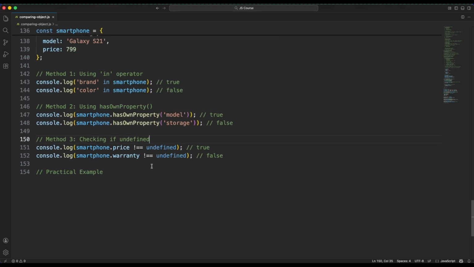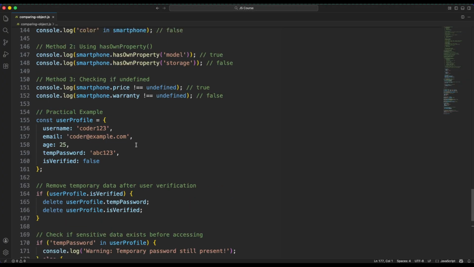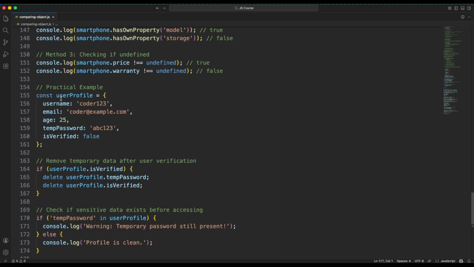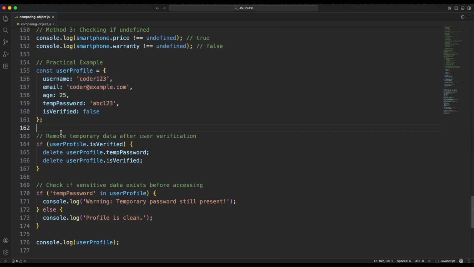Great. Now the practical example. Let's combine what we have learned in a practical example together. This is our user profile object. First, remove the temporary data after user verification. If userProfile.isVerified returns true,